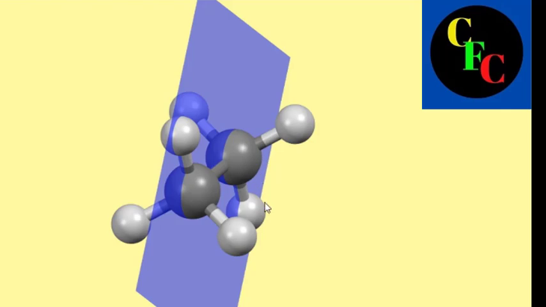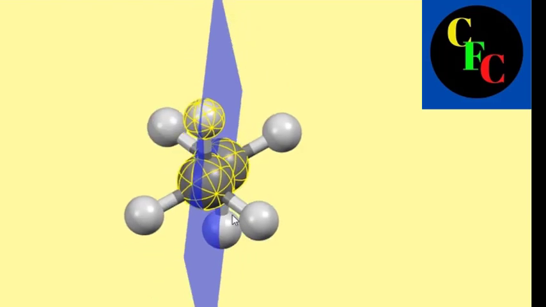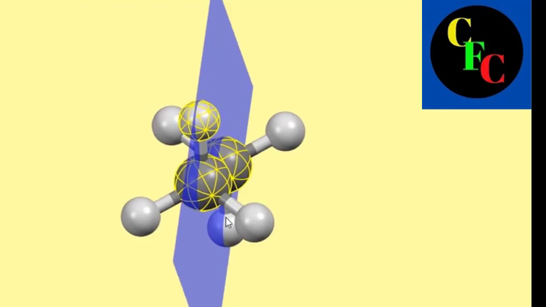And here, as this is the staggered form, the fourth hydrogen is also in this plane, but we have not included it in our calculation. So here we have these three atoms in this plane. Now we want to find the dihedral angle or dihedral plane that includes this hydrogen also. So now we will calculate the plane which includes these three atoms.